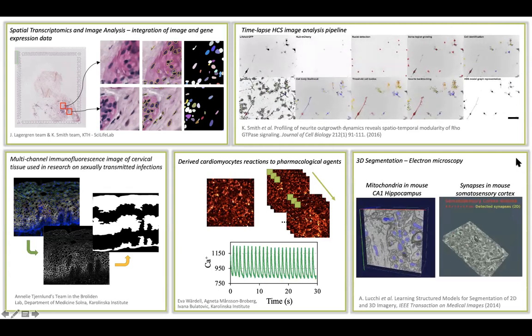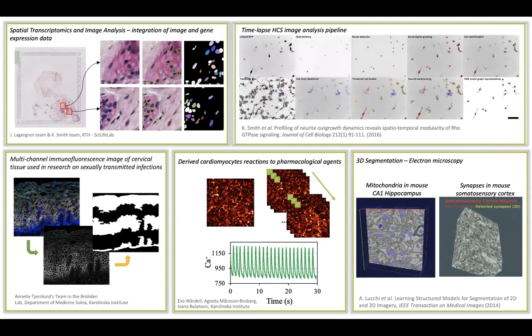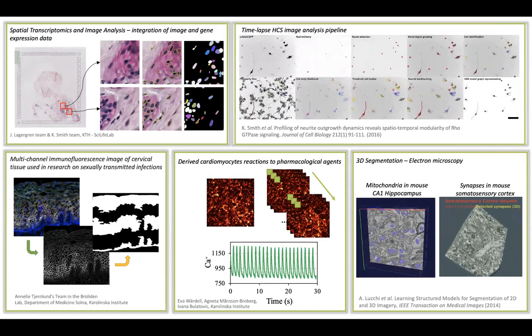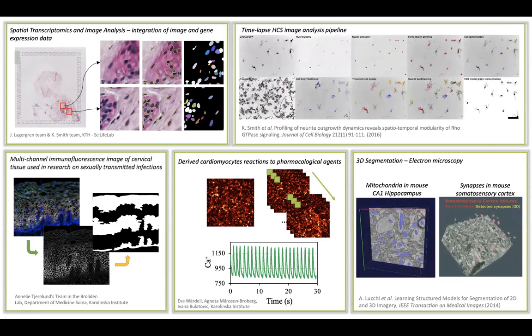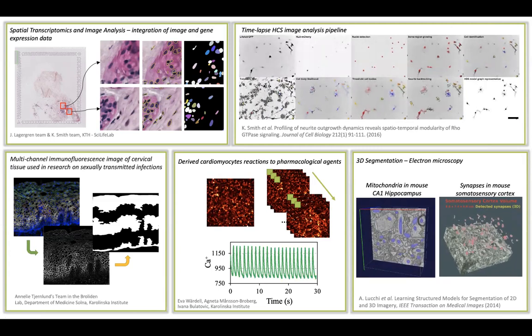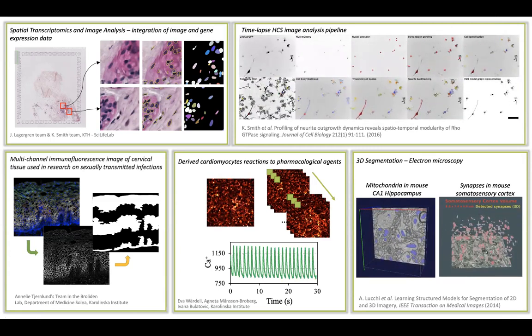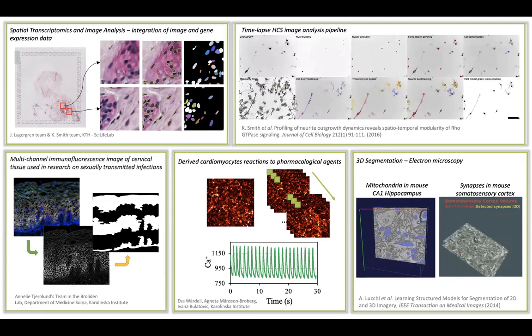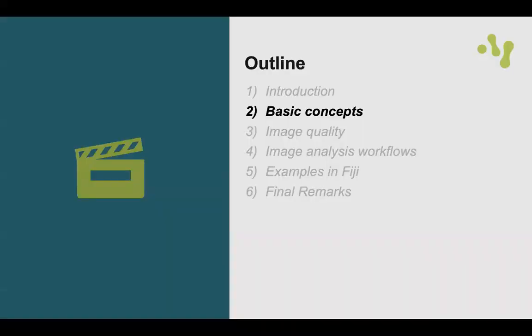Segmentation is the process of separating the objects of interest in the image. And when it comes to 3D, it's even more challenging. So these are just a few examples of what bioimage analysis is, and of course, it goes beyond. I hope I have motivated you to start this talk. So now we go to a more